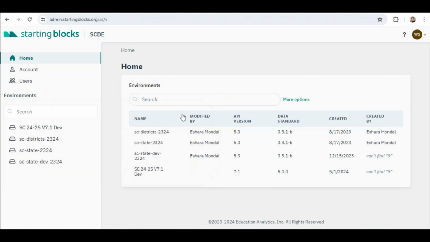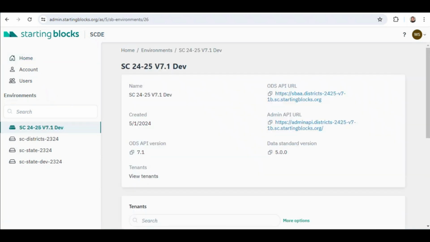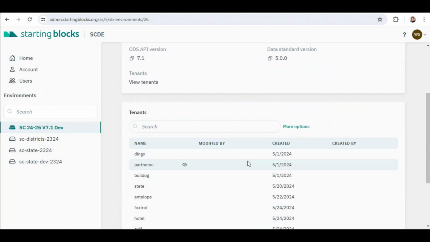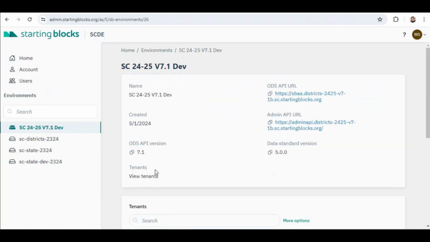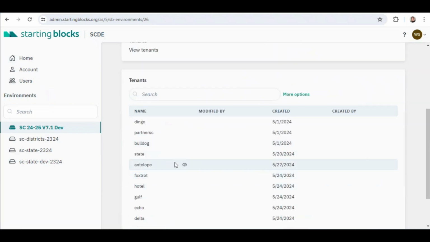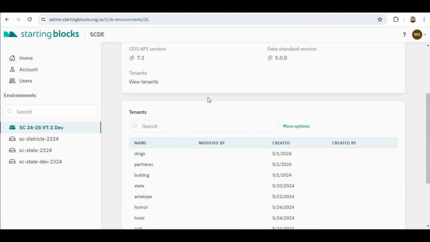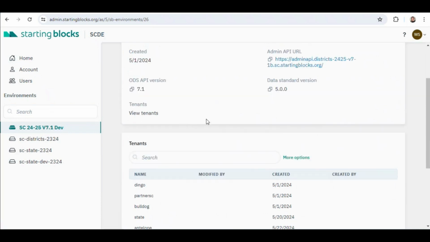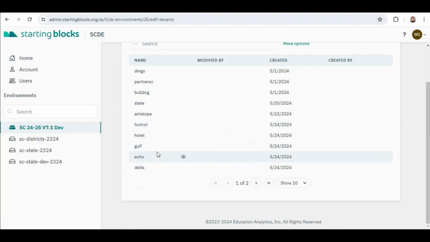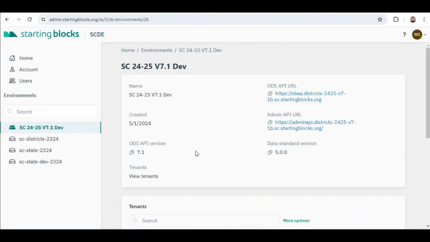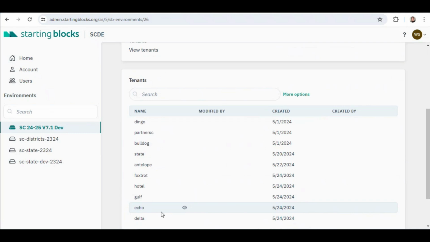I don't have access to that one here, but I have this test environment that I'm going to use today. So you would click on that. And then once you have done that, you're going to see a couple cards appear on the screen. And if you scroll down, and also if you click on View Tenants, either way, you're going to see your district name listed there. So if I click on View Tenants, I can see districts listed there. And if I backtrack a little and I just look on this page, I can see these are sample districts. So I'll pretend that this is my district here today. You would just click on your district.